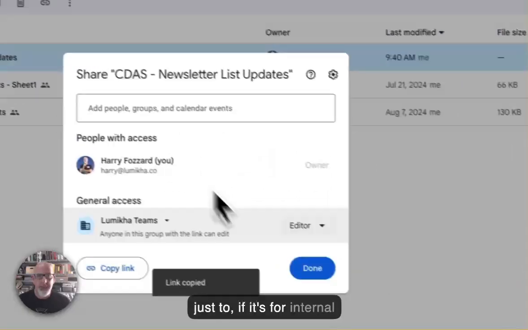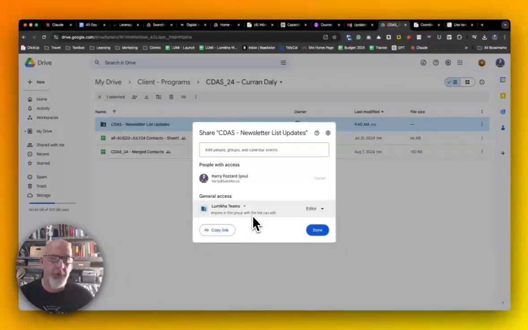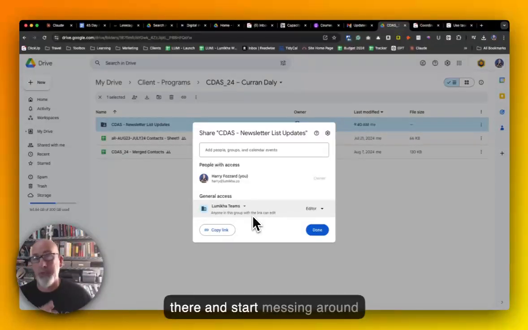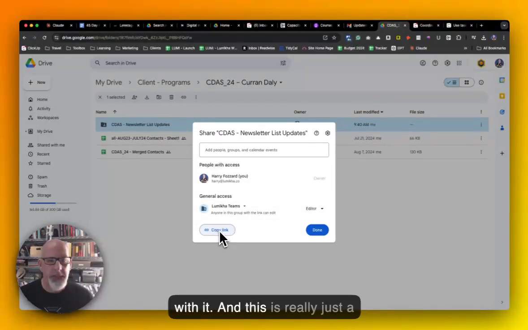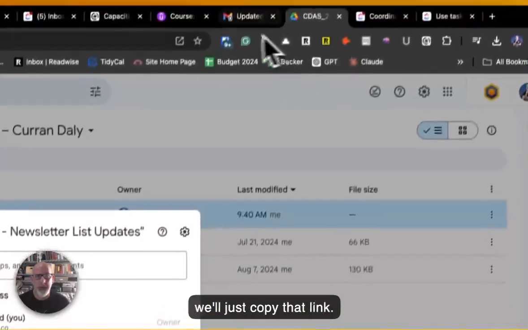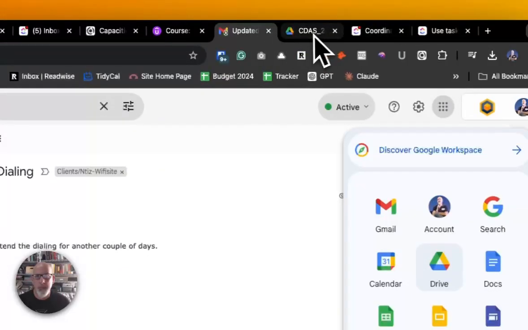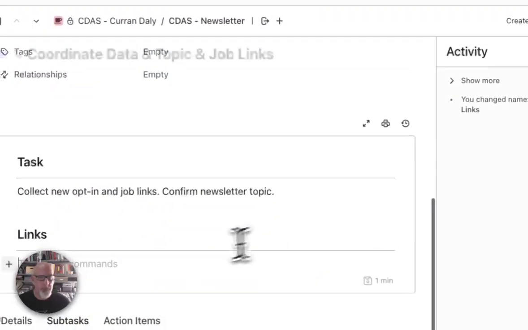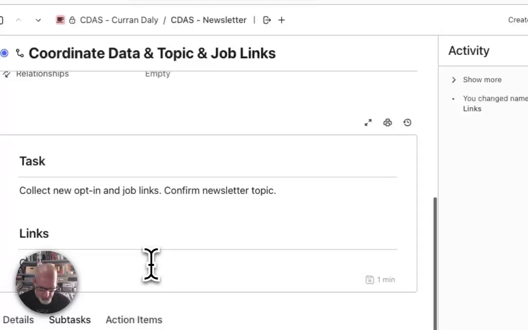And then another good policy when you're doing this is, if it's for internal use and we don't think that there's any sensitivity to the content that'll be in the folder, we're not concerned that people are going to go in there and start messing around with it. And this is really just a courtesy that we do anyway. So we'll just copy that link. And then add that to